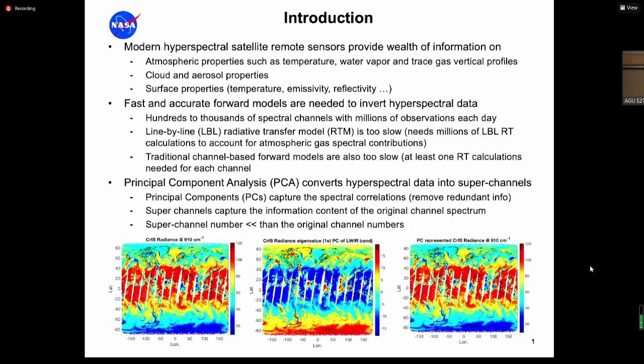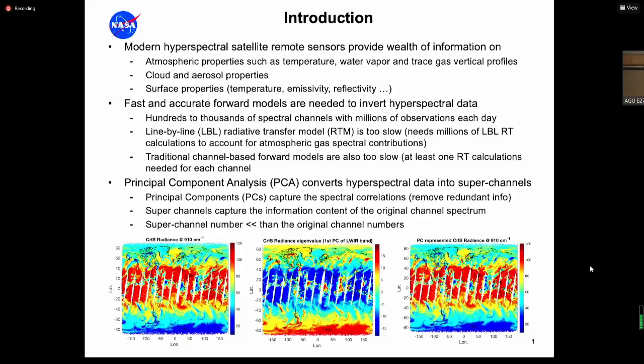In the infrared, it's the same thing. So what people do is they reduce the number of radiative transfer calculations to the number of spectral channels. We call it a traditional channel-based radiative transfer model. So you reduce from millions to a few hundred to tens of thousands. That's great, but still it's too slow because we have to do multiple scattering and integrate through an inhomogeneous